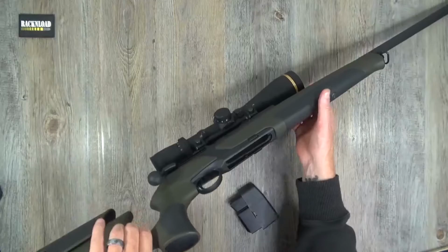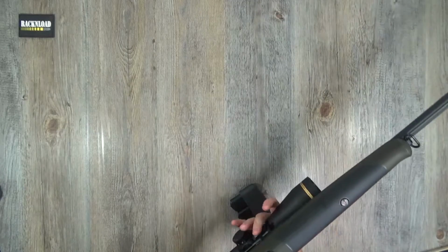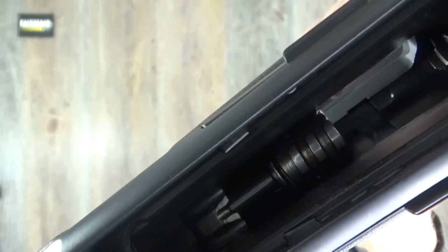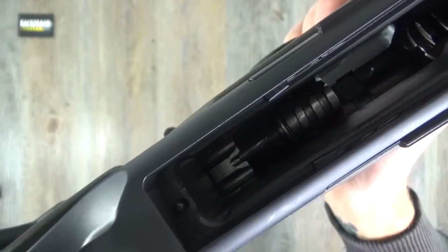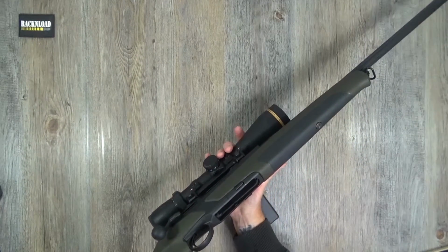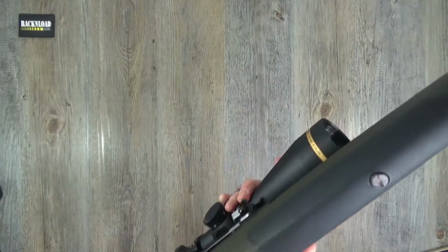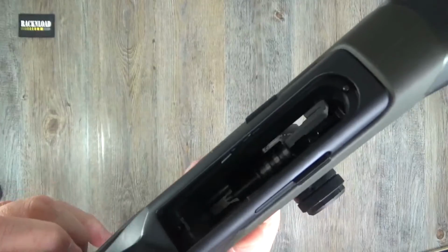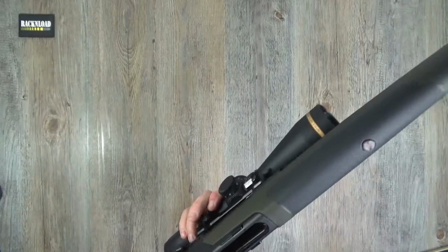While the magazine is out, I'll show you the bottom of the bolt, quite an interesting bolt actually, when you look at it from underneath. I don't know if you can quite see it there. Very, very interesting workings. Like I said, the problem I had with it, it needs to be kept lubricated. There's a lot of moving parts in there. Let's try and sort of demonstrate that for you. It's kind of hard to show you,